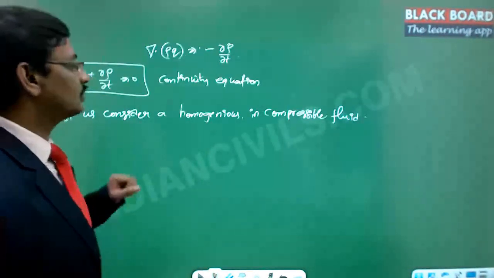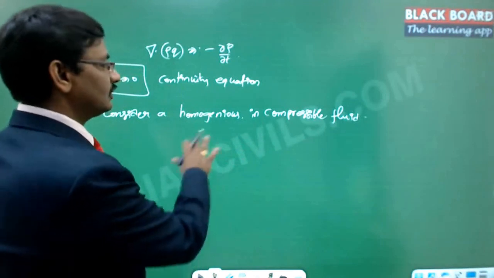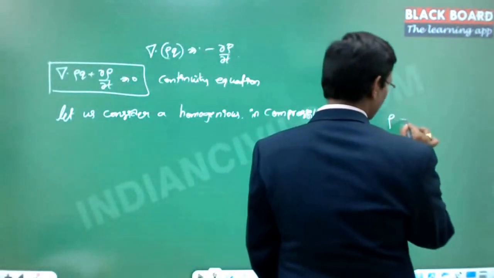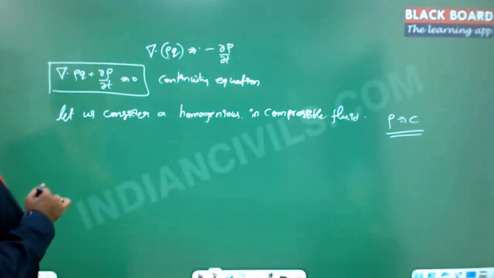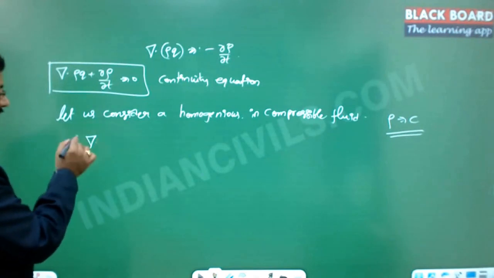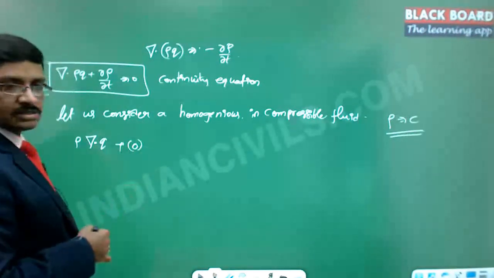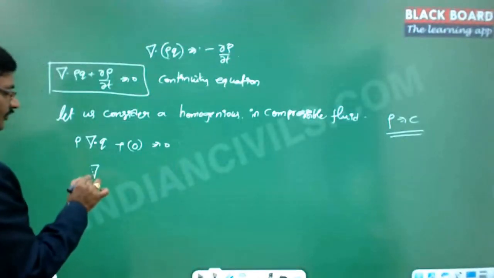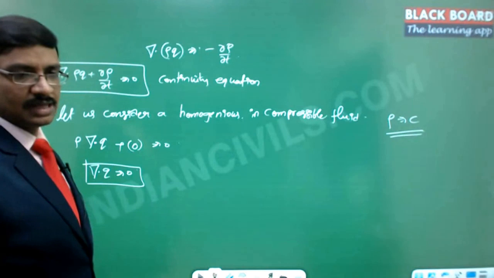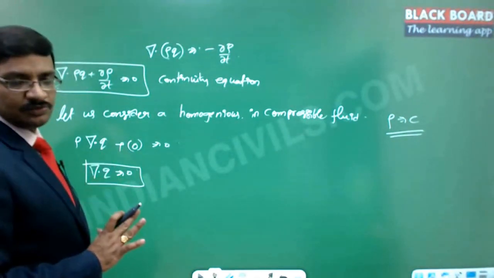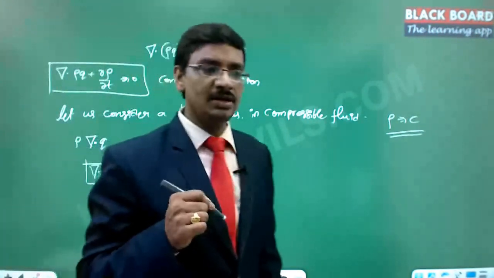Right? Okay. So let us consider a homogeneous and incompressible fluid. In such a case it is expected that rho is equal to constant. So this is the usual case we are going to analyze, right? Now if rho is equal to constant, then see this: del dot rho q, rho being a constant, you can take it out. So del dot q plus dou rho by dou t will be 0, because rho being a constant, this is going to be 0. Hence del dot q is equal to 0. This is what we always state in vector calculus. So for an incompressible fluid, the del dot q value is going to be 0. Here we are assuming the rho value as a constant.